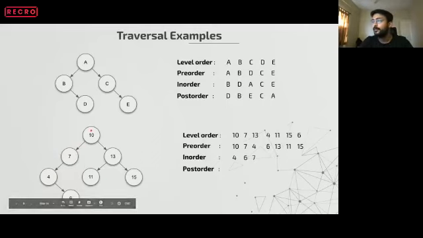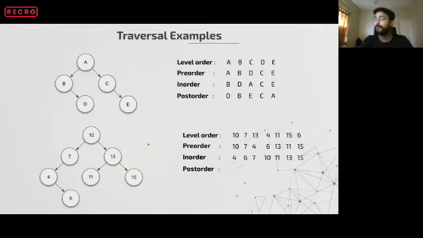Now we come to 10. So for 10, left child is done. Now it's time for root, which is 10. Now we'll go to right child of 10. Okay, this part. Now we see 13. 13 is the root, but we cannot process it yet. We go to left child of it, which is 11. 11 does not have a left child, right child. Now we go back to 13. It's time for 13 to be processed. Correct. Now 13 is done. We are left with 15. So 15 is the right child of it, which is done. Okay. I hope this was clear to all.